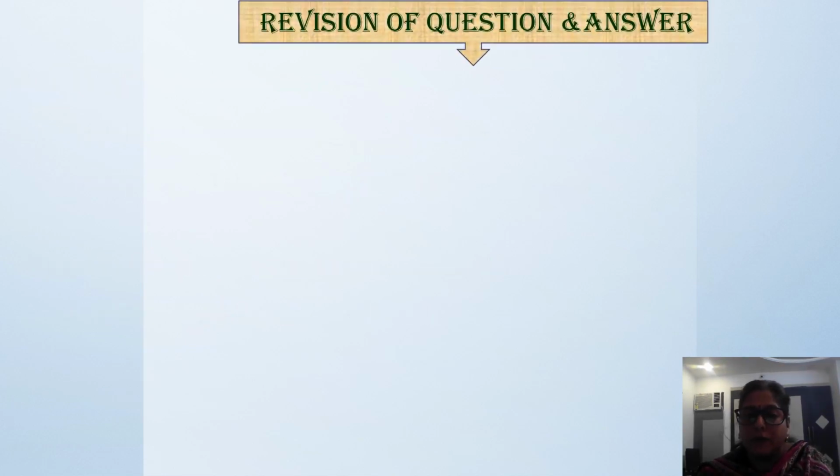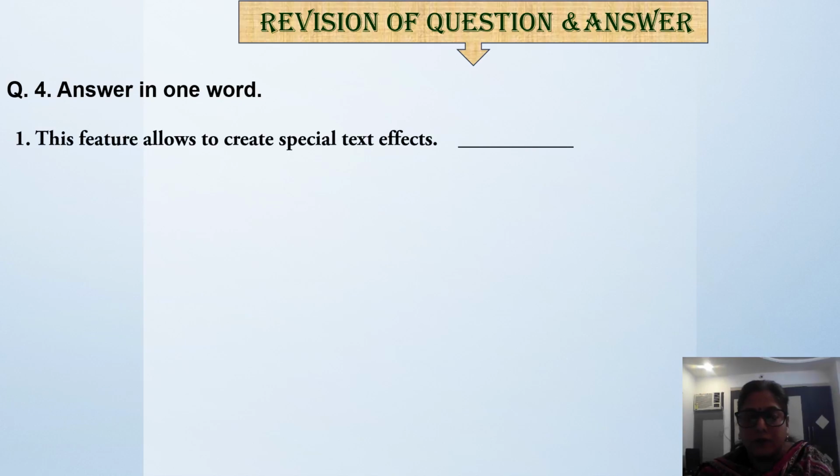Okay, question number 4. Answer in one word. First one: this feature allows you to create special text effects. Which feature? Word art or character style?